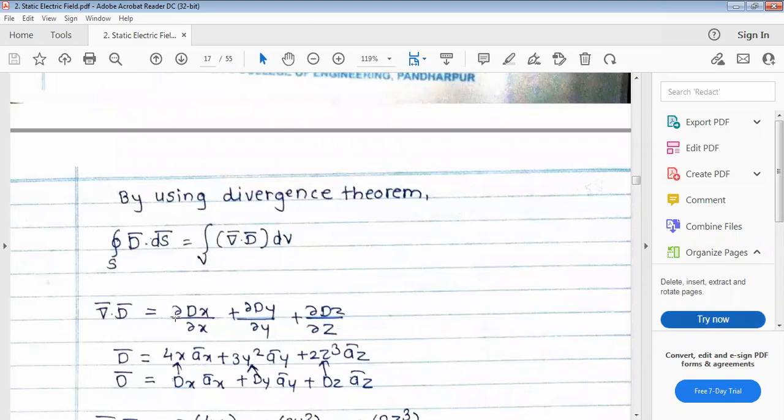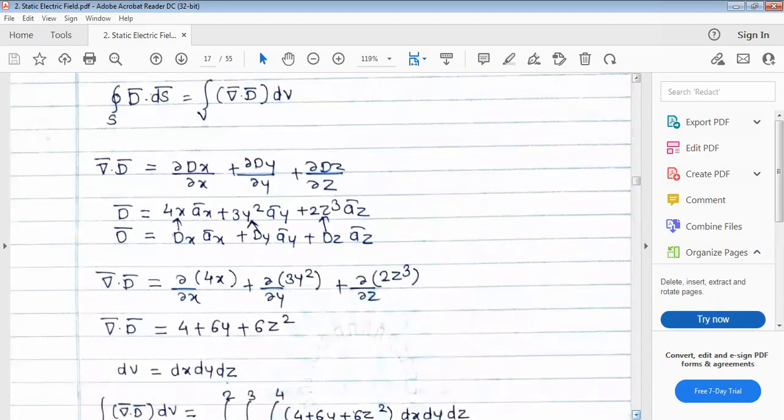So this del dot D is equal to ∂/∂x of the x component, then ∂/∂y of the y component plus ∂/∂z of the z component, as we are using the Cartesian coordinate system here. Okay, so you should know all these formulae. Now we know this vector D, it is already given. We compare this vector with how we write vector A as Ax a_x plus Ay a_y plus Az a_z. Likewise, we write this vector D as Dx a_x plus Dy a_y plus Dz a_z. If we compare these two equations, we get the values of Dx, Dy, and Dz.